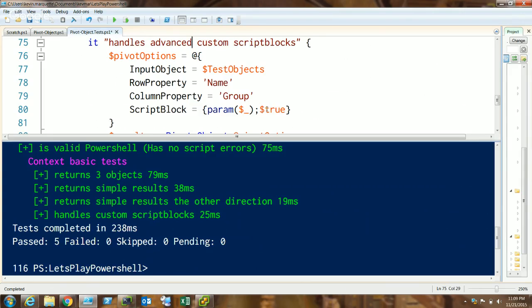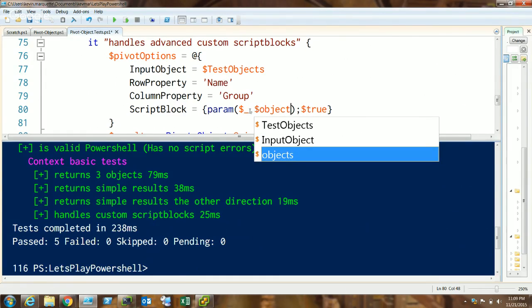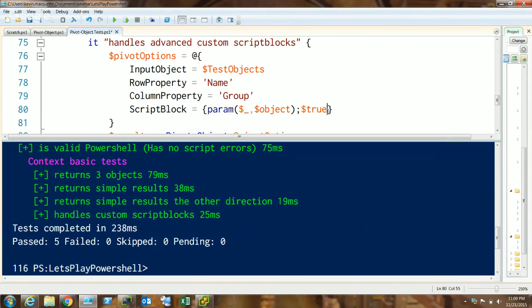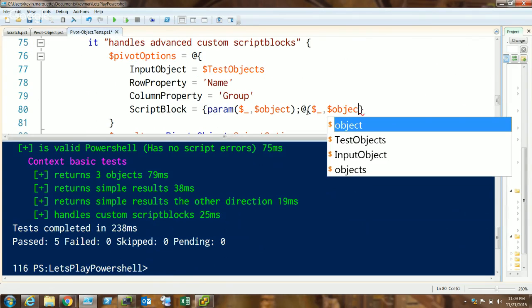So param and object. I just want to say this plus this. This comma object